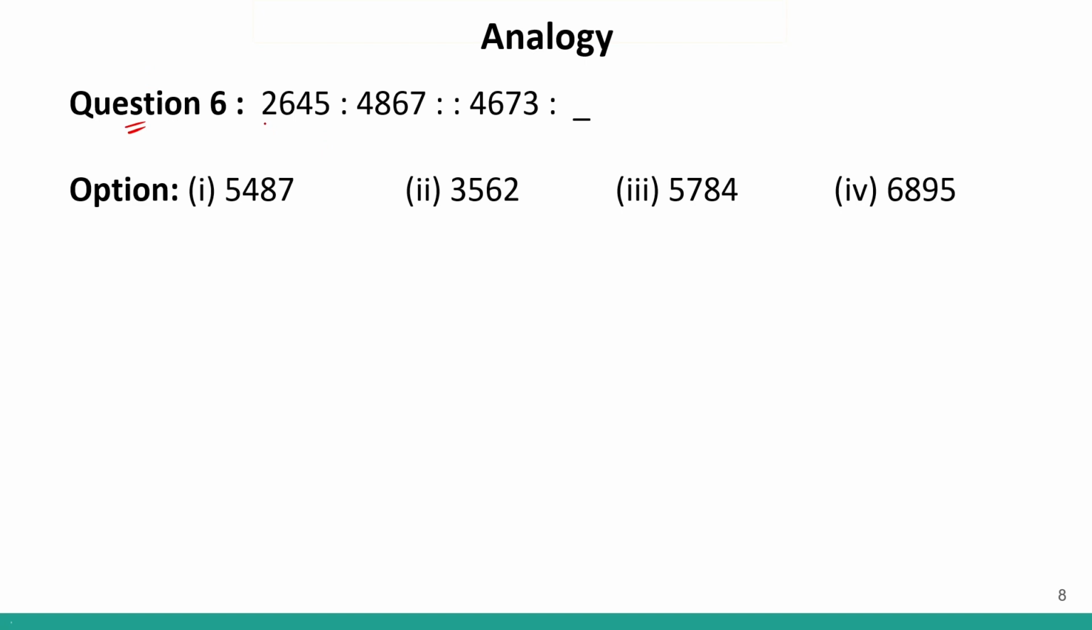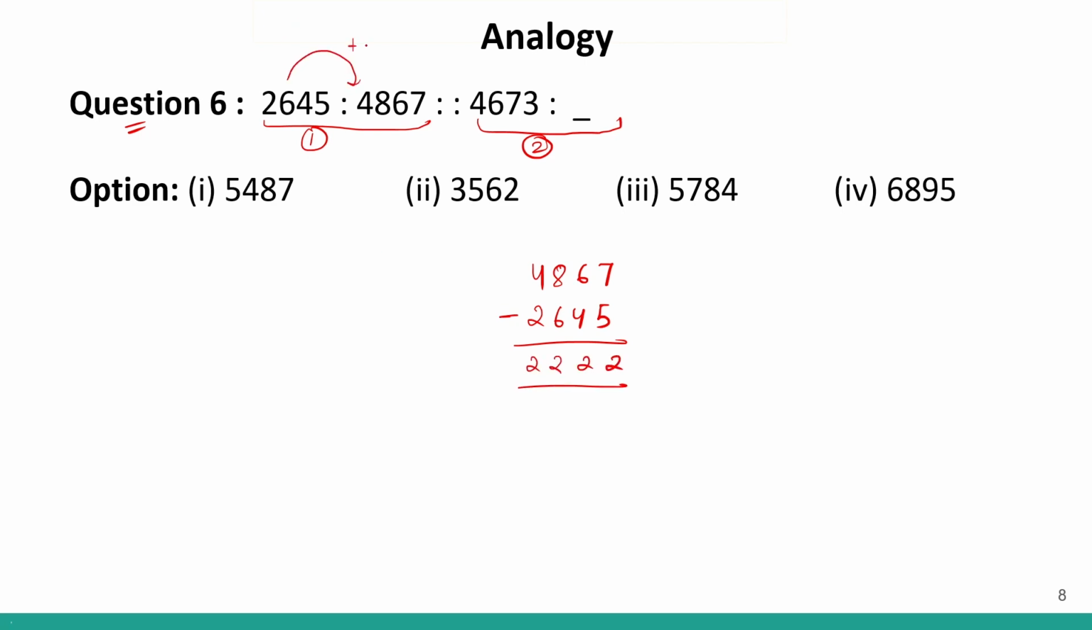Question number 6, when we have larger numbers, I have told you we tend to find the difference or the sum. Correct? This is your first pair, this is your second pair. So first we will find the logic between the first pair, and then we will find the missing element in the second pair. So over here, if I find the difference 4867 and 2645, if I subtract it, it will be 2, 2, 2, 2. That means I have added 2222 to get this number. So here also I will add